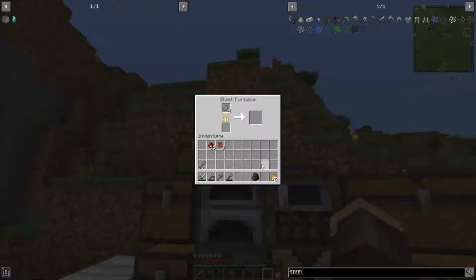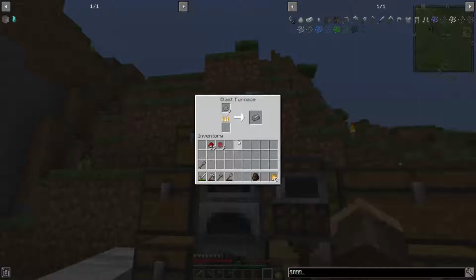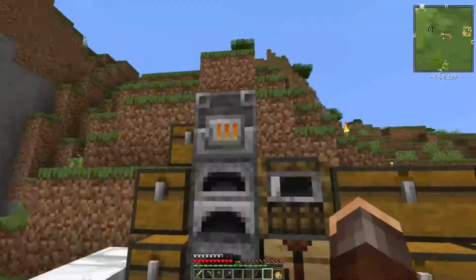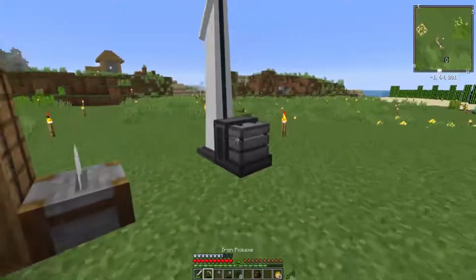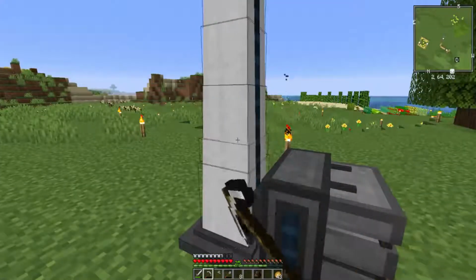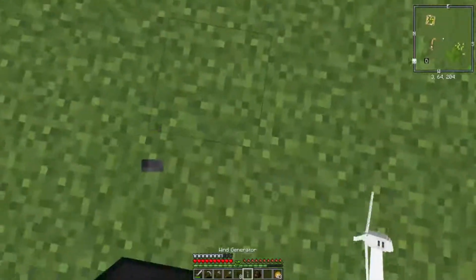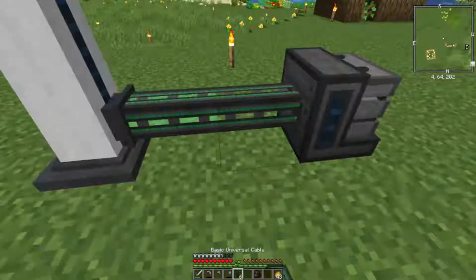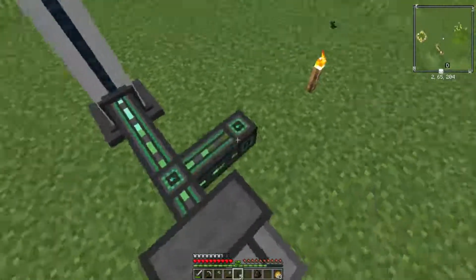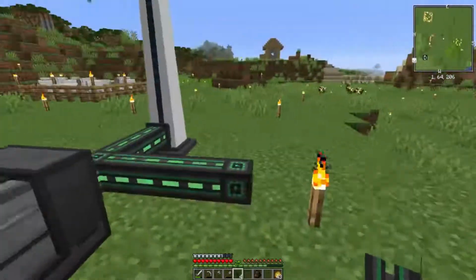It's just a bit wasteful for the charcoal. Probably should have just used a bit of wood thinking about it, but never mind. We will be fine. So there's this first bit of basic universal cables, which will help matters, because now I can move this guy again. Let's move him to there, and then we can actually have the power leading that way, so that gives us more opportunity to spread the power around,